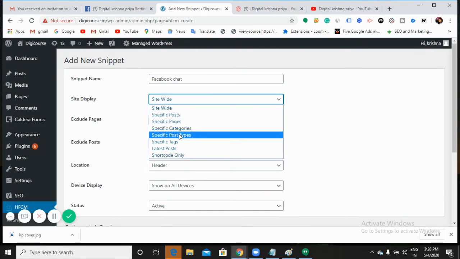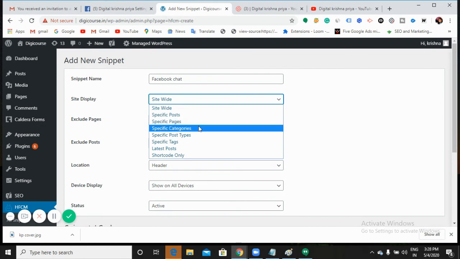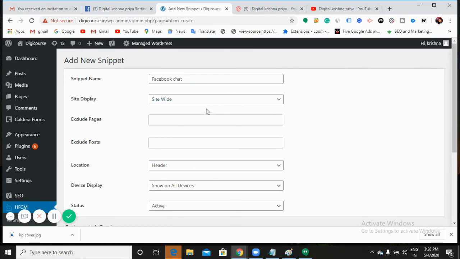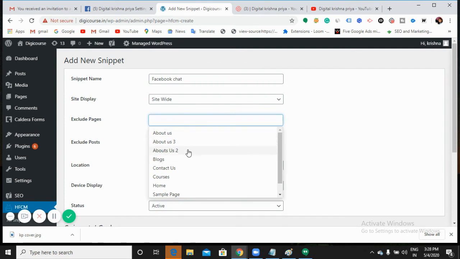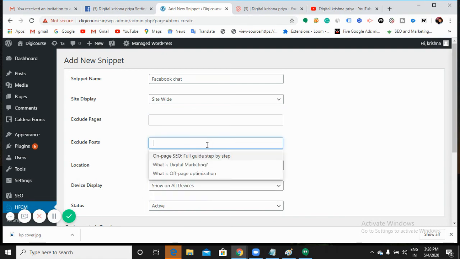Specific pages, categories, post types, you can choose where exactly you want. As of now I want to show it in every page of my website. If you want, you can simply exclude a few pages. If you just put a cursor, it will show you all the pages you have in your website, and if you want, you can just exclude any. You can exclude the posts as well where exactly you don't want to show.